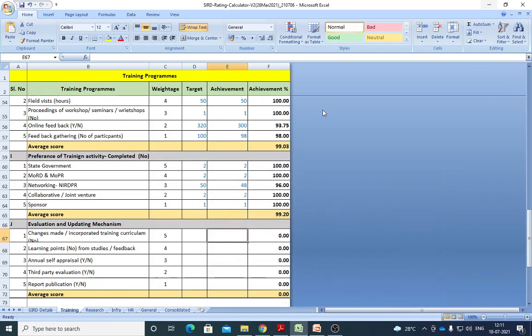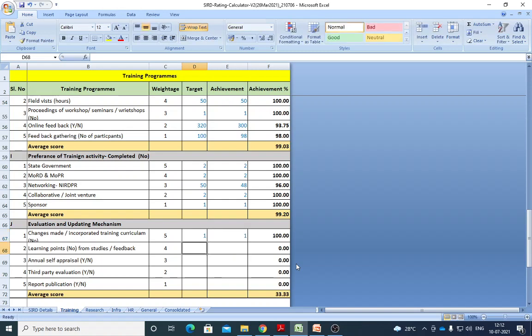These are all like you can see in the previous years. Have you made any change incorporated in the training curriculum? Yes or no? You can say based on the previous years. Yes, you have taken two programs, the curriculum has changed. Yes, I have done 1 and it is also finished.